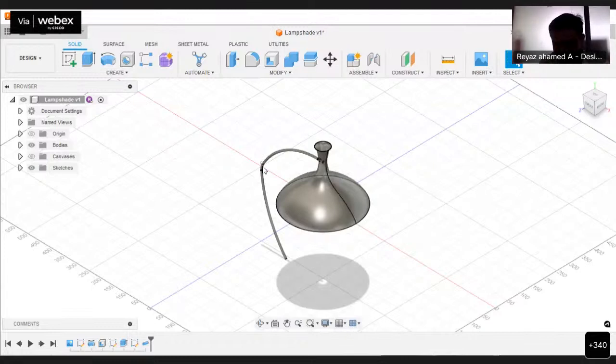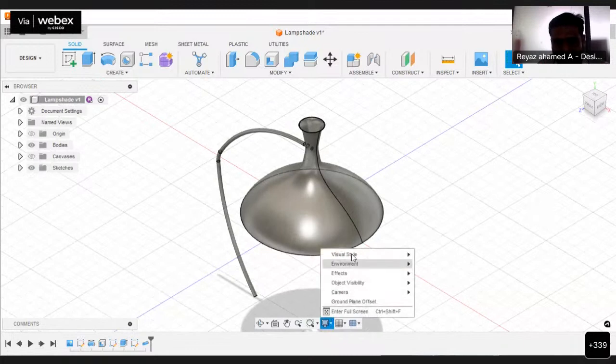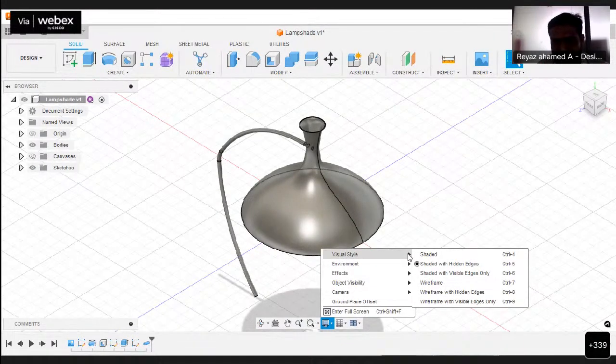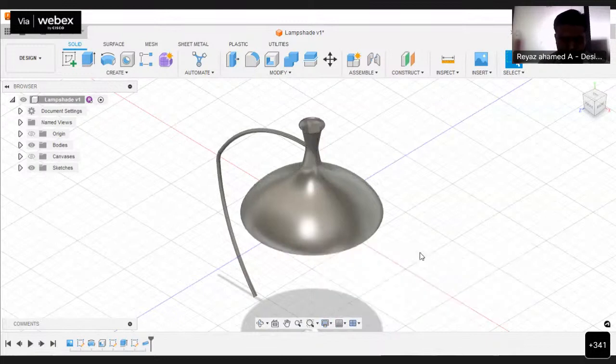Now let me change the display settings. By default I had chosen the visual style with hidden edges. Let me choose visible edges alone, or else let us choose shaded. See, the pipe has been created, the lampshade top portion has been created.